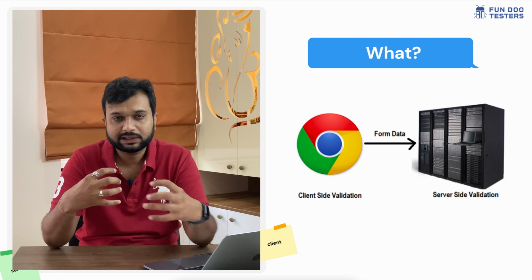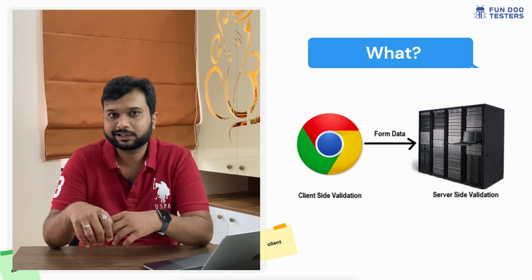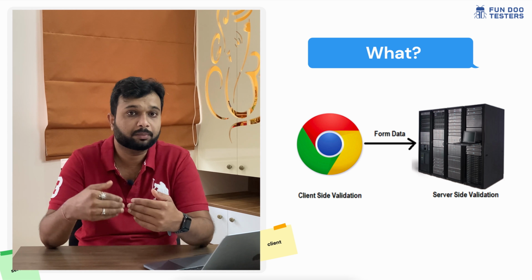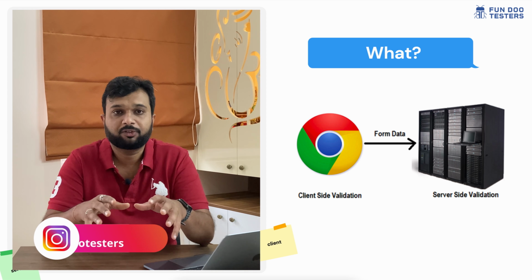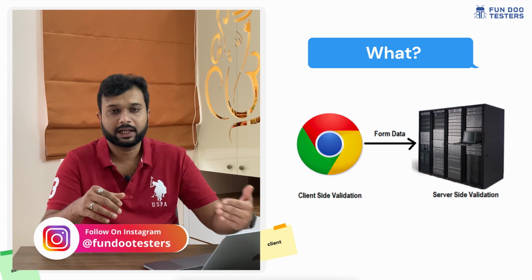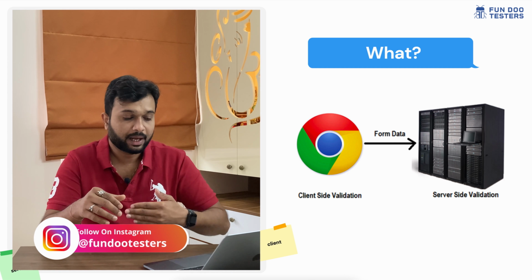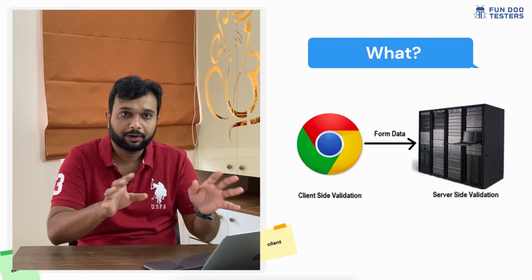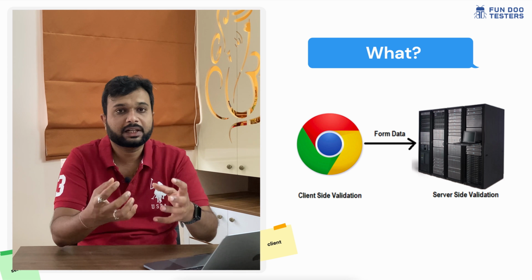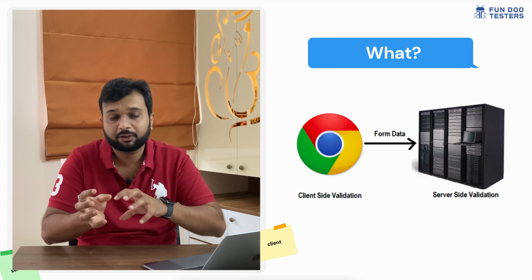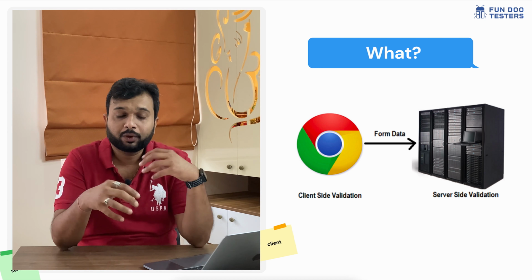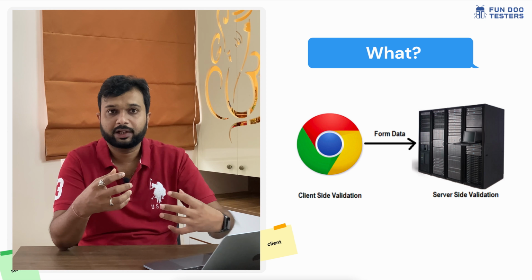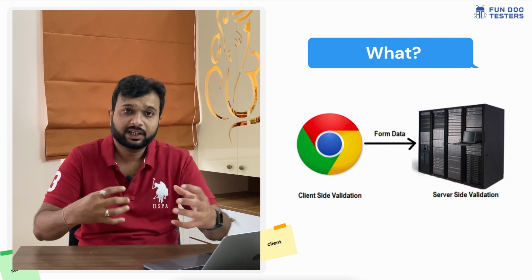So how does communication happen? Whenever we are performing some activity on a client, let's say I'm sending a friend request to my friend, or I'm filling some form. Basically, as a user or as a tester, I'm interacting with the client, which is a browser. I will do some activities and it will generate some data, and that bunch of data will go to the server and be processed on the server side, and I will get some response like success or failure. That is how it will work.